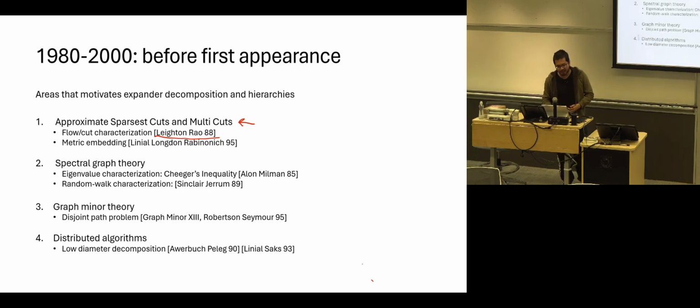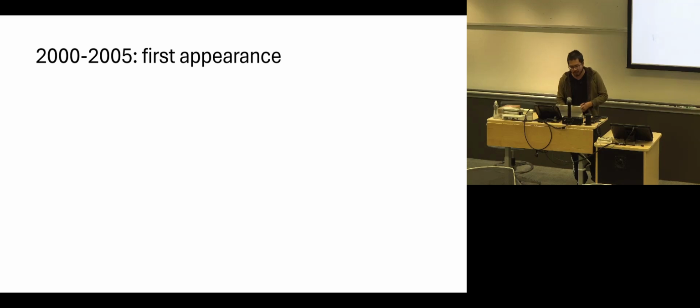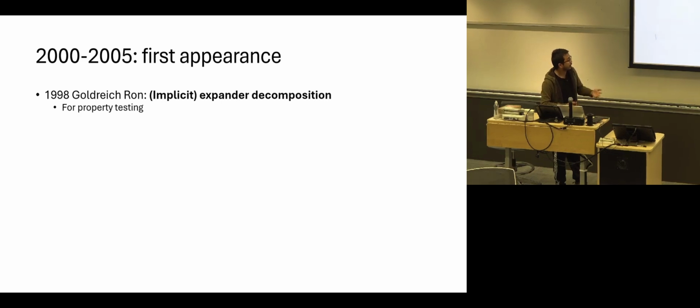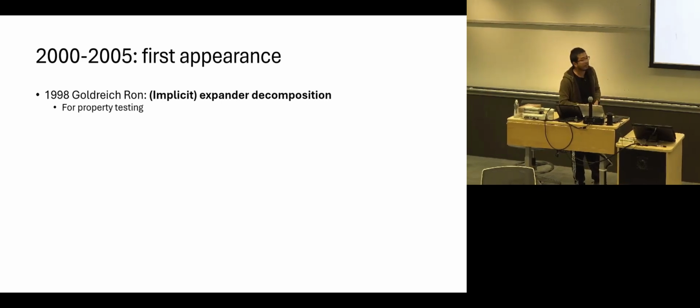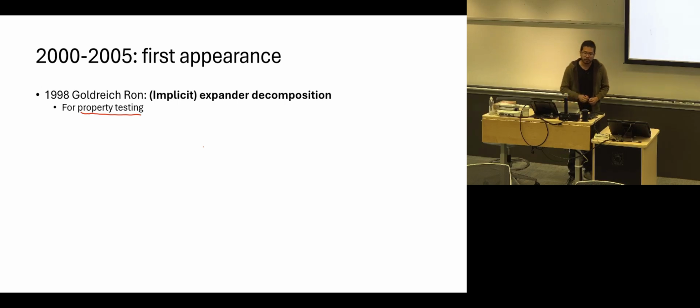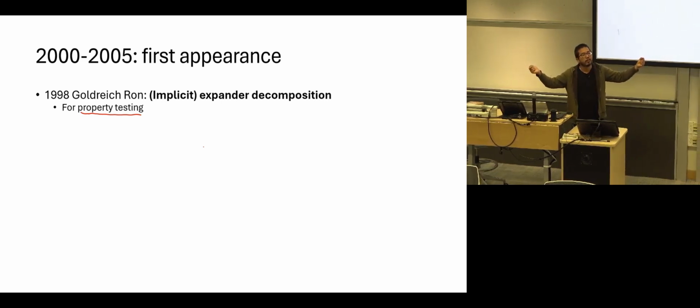But it's only about 20 years ago that expander decomposition explicitly, actually implicitly, appeared in the literature. This appeared in the area of property testing. So what is this? It's an area where you think of having a big, huge graph, and you want to check if